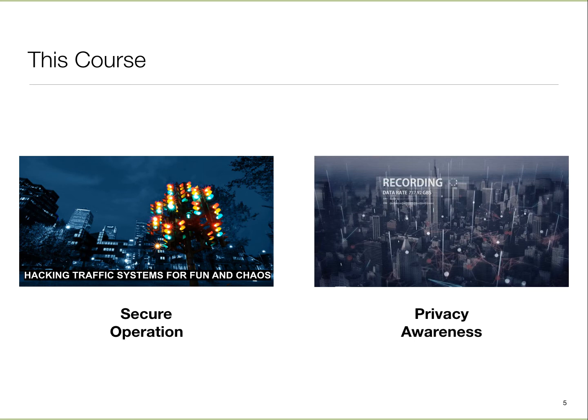One is making sure that the operation of these systems is secure, and the other is that it's privacy aware. Both of these are two facets of our trust in these systems. If either is compromised, then there are issues. So the former, in effect, translates into affecting often the safety of these operations or the safety of other systems, in the sense that if these things get compromised, then other systems are at risk.